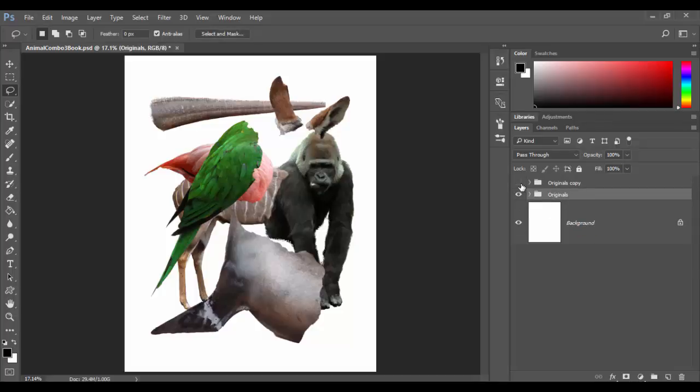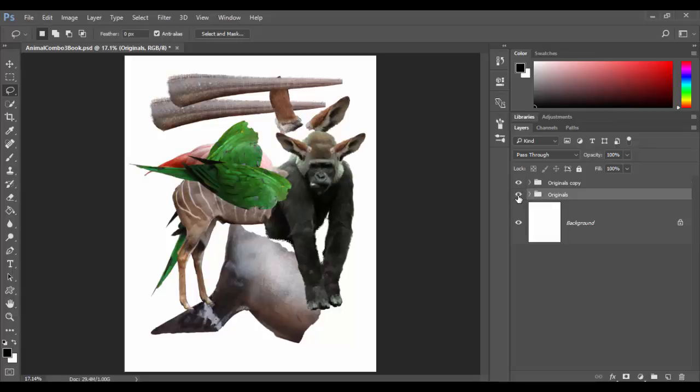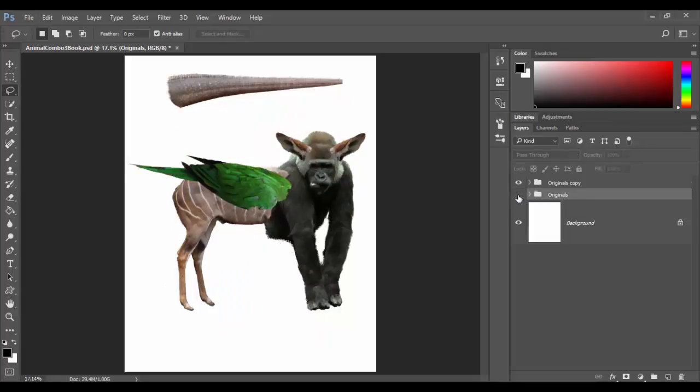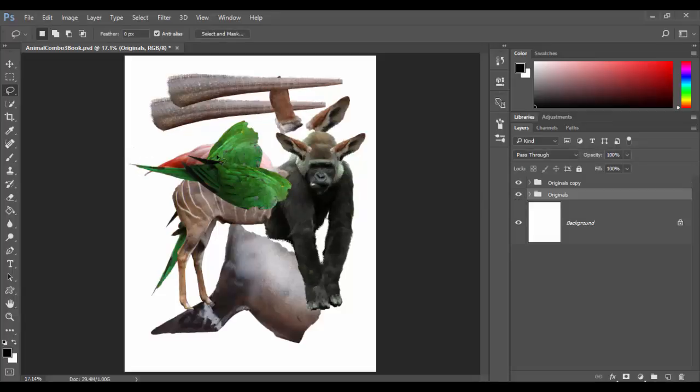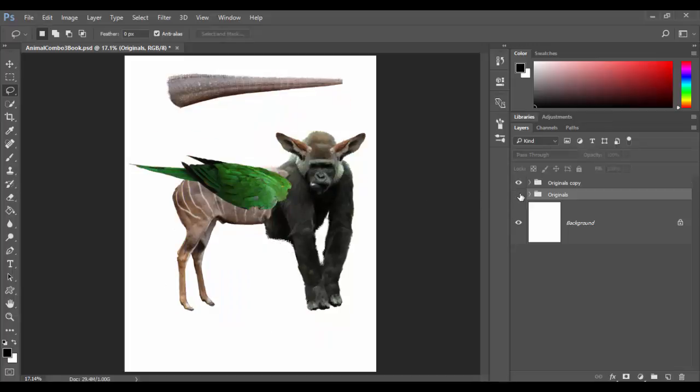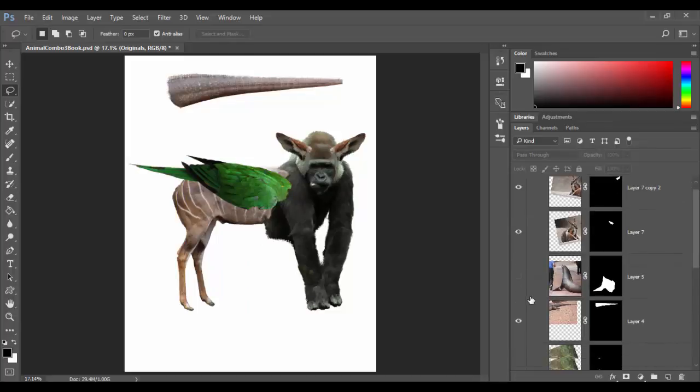I called it originals. So I have an originals copy here, which I'll turn on and turn off the bottom one. And you'll see right away that some things have changed. One thing is the flamingo wing I decided not to use at all. The other thing is some images are completely turned off, which if we open up, you can see here,